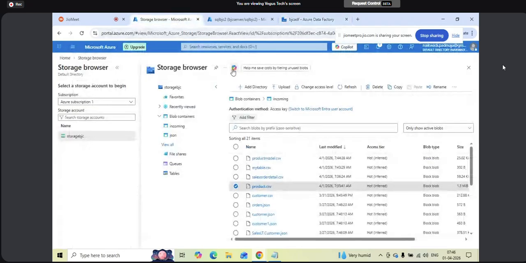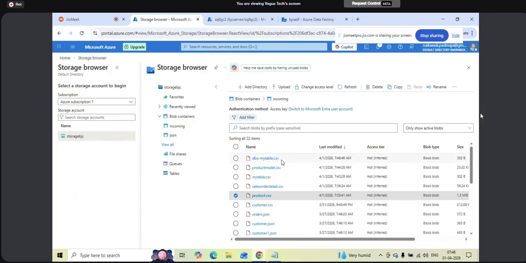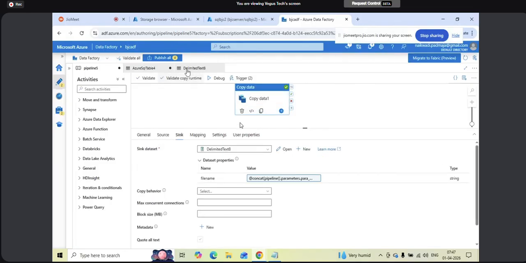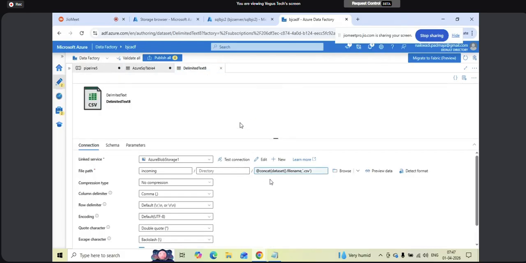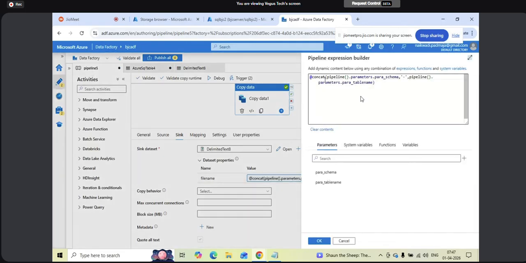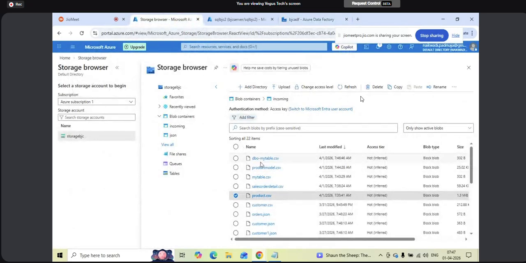Succeeded. Storage. Refresh. Series. dbo-my table. Okay, so like this, we can give. See what I have done. The file name dot csv is on the dataset, dataset dot file name. This file name is nothing but our sink file name. In this file name, I have used a concatenation of parameter schema, hyphen, parameter table. So that is how it becomes schema-table dot csv. Okay,